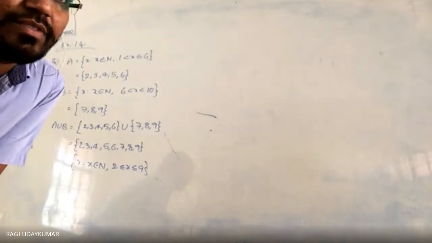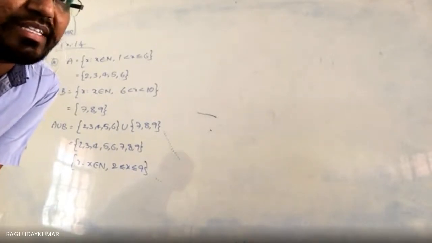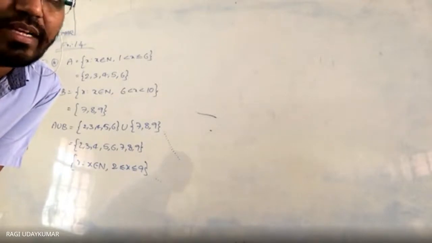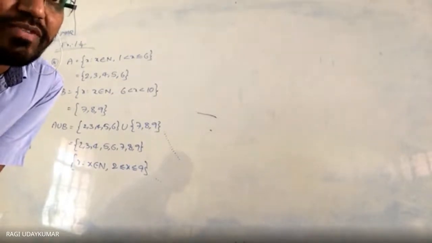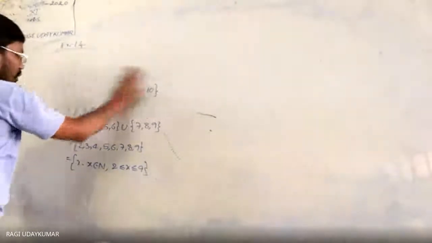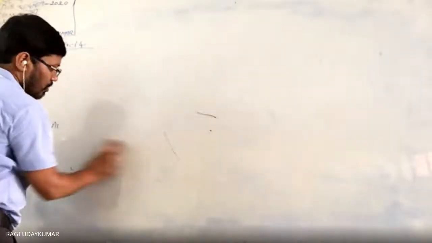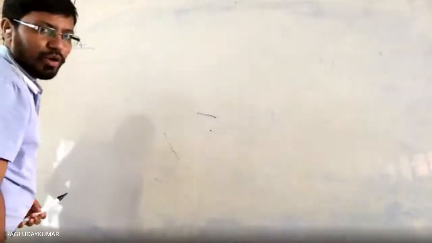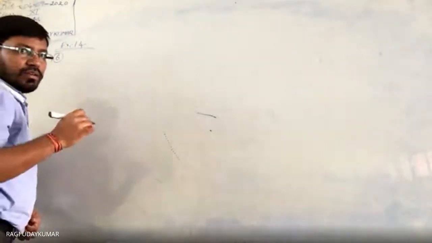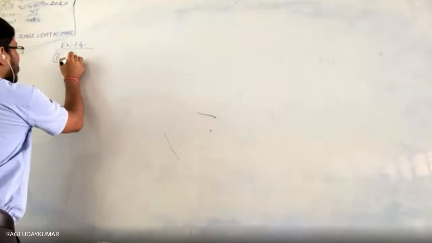A set is given, the set of odd numbers from 3 to 11: 3, 5, 7, 9, 11. B is 7, 9, 11, 13, C is 11, 13, 15, and D is 15, 17. And how do you solve these problems in the notebook? One proper order should be followed here. So let me take one problem here. Let us take the 9th question.